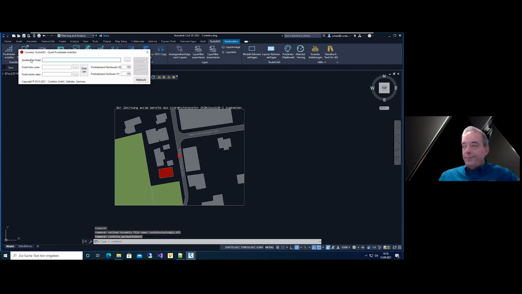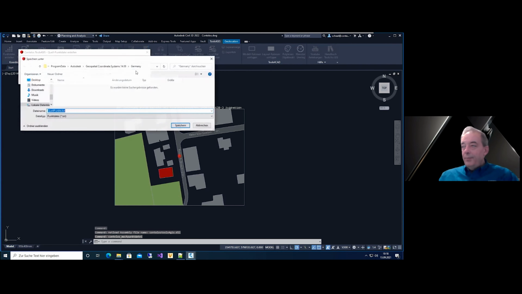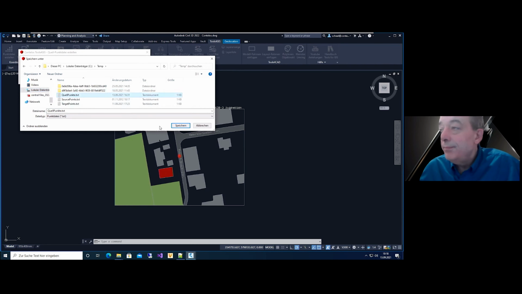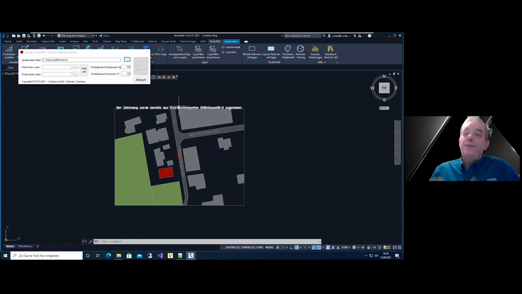For the command, I'm telling it how to save the file. At this point, it asks me, the file exists, do I want to overwrite it, and I say yes.